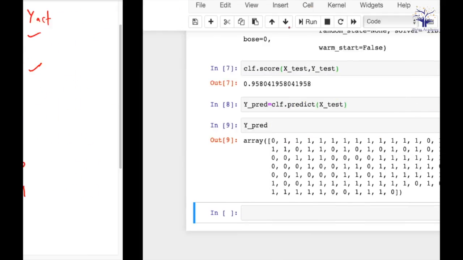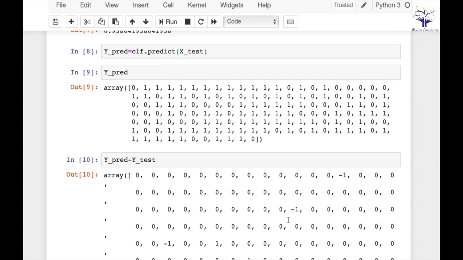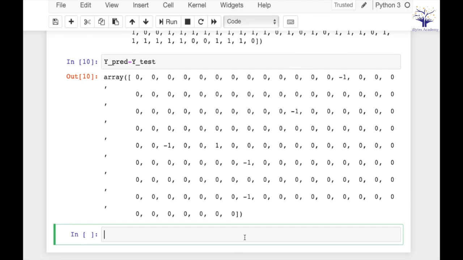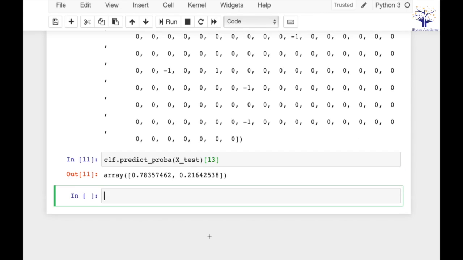Okay, so y predicted minus y actual, that is y test, right? So I have this function predict_proba, which gives me the probability with which our algorithm is predicting, right? So let's say if I want the probability of my testing point number, this one, so this is 0, 1, 2, 3, 4, 5, 6, 7, 8, 9, 10, 11, 12, 13. So for the 13th point, if I see, my algorithm is telling me that according to me,